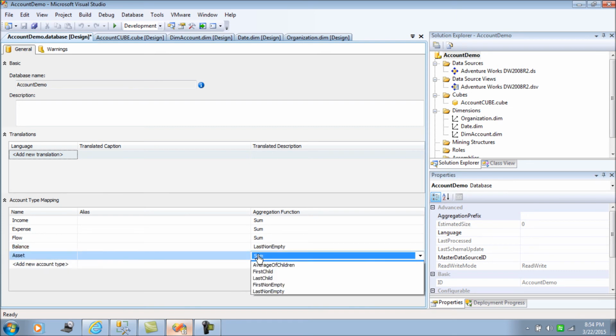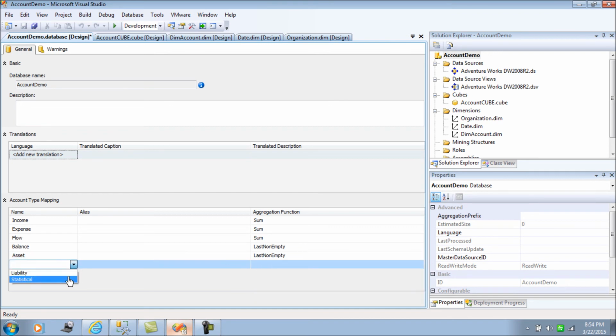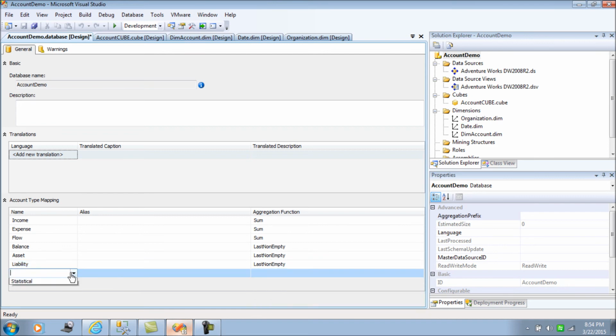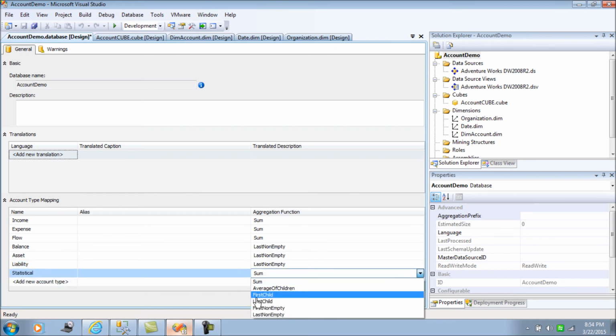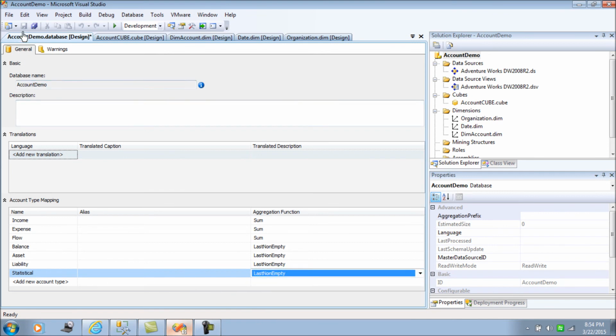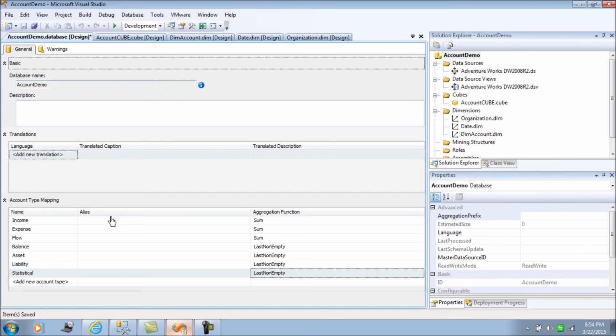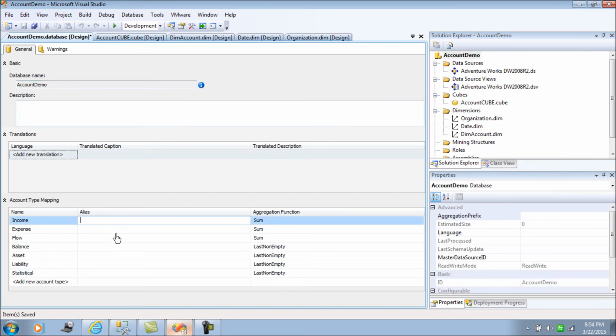For asset I also define that, liability also last not empty, and statistical also last not empty. So I've defined these. Again, to remind you, I have done edit database here on the solution, and I save it. Now for the alias, we do not find anything. Basically alias would be the value from a table. How that's mapped, we'll take a look at that.